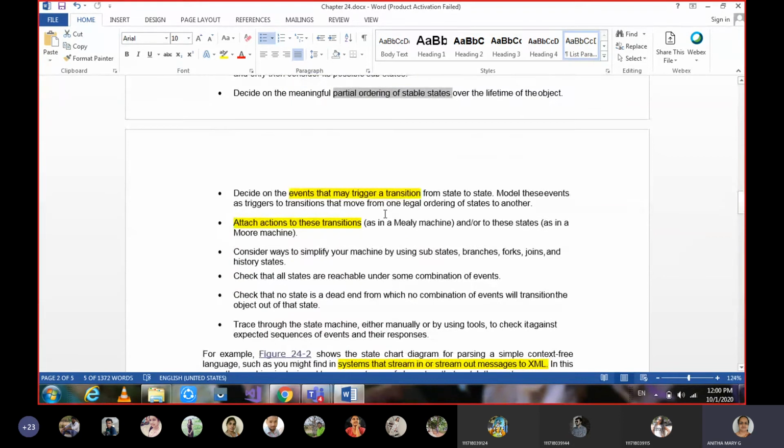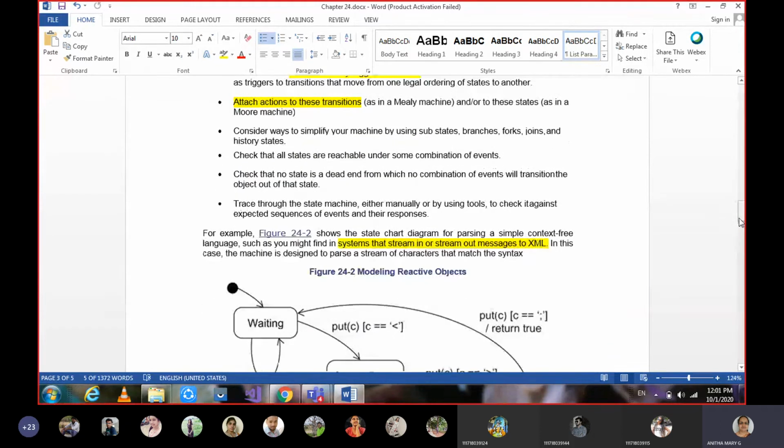Okay, and what events can be applied or triggered on that transition in order to transform from one state to another, and attach actions which have to be performed along with that transition to the current state. And then we can talk about simple states, sub-states, their branching, forking, and the history of states, which can also be considered when we are taking care of reactive objects. Check whether all the states are reachable under some combination of events.